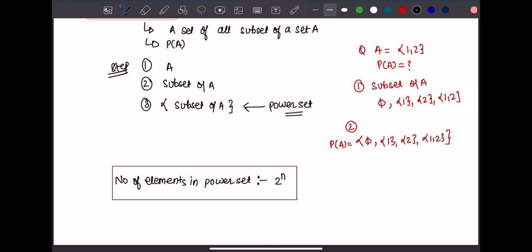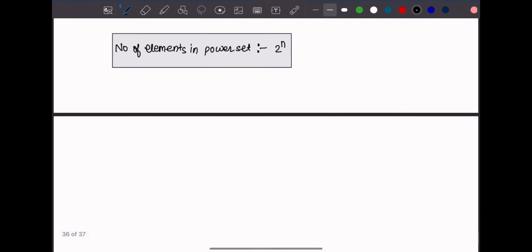ओके, नंबर ऑफ एलिमेंट इन पावर सेट ऑफ ए इज इक्वल टू 2 पावर एन। बट यहाँ पे एक इंपॉर्टेंट कॉन्सेप्ट यूज होता है, और वो इंपॉर्टेंट कॉन्सेप्ट क्या है, नंबर ऑफ एलिमेंट इन पावर सेट ऑफ ए. ओके, तो यहाँ पे देखो इस चीज को यदि आपको समझना है तो हम इस तरह से चल सकते हैं. फर्स्ट वन हमारे पास सेट ए है. इफ आई एम गोइंग टू फाइंड पावर सेट ऑफ ए, आई विल गेट 2 पावर, सपोज नंबर ऑफ एलिमेंट इन